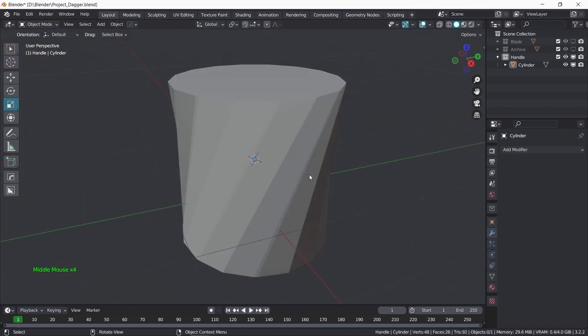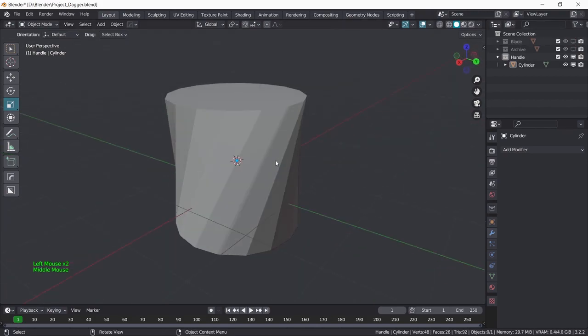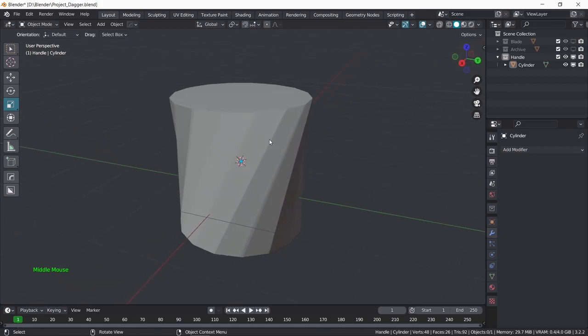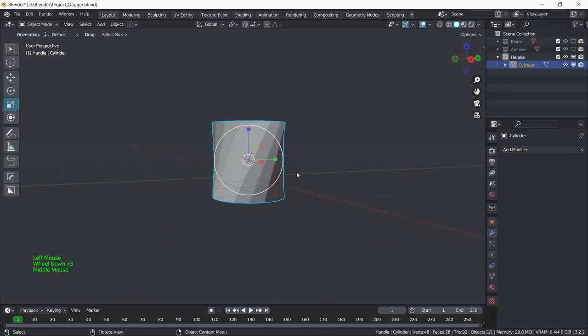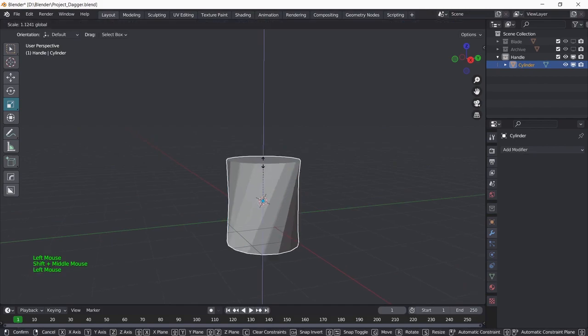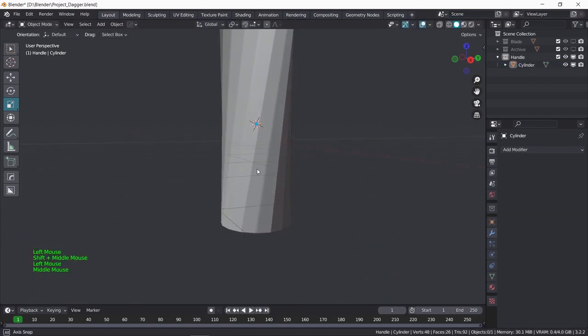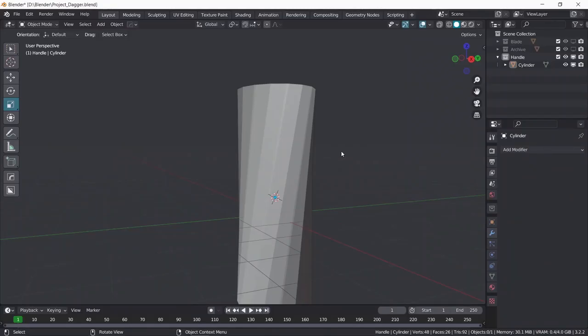Now the reason I did this is because we will be beveling our models, even the blade that we made earlier, we'll be beveling that as well later on in this class. Okay, so right now we're just going to be going with the basic shape. So this is kind of small, so we need to stretch this out. So either we can stretch this out like this, but I think it's better if we